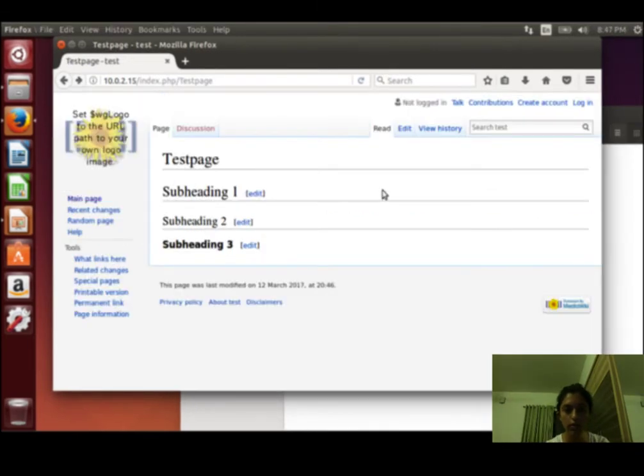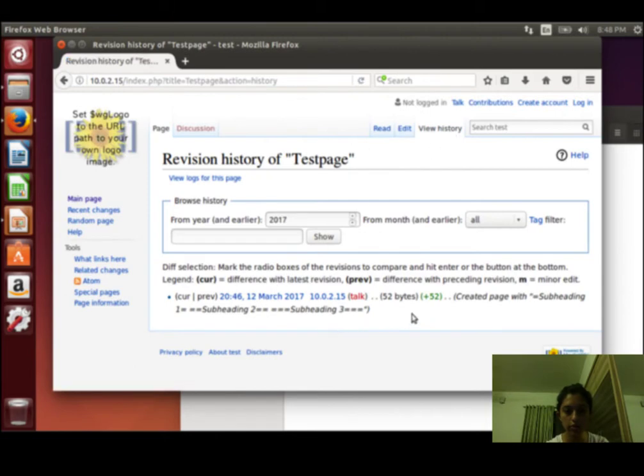So now let's look at another feature of MediaWiki, which is the View History tab. So if you click on this, you would see information about who has edited what part of the page and what has he done. So in my case, since I'm not logged in, it's showing the IP address. But if you have users who are logged in, they would show the username along with what they did. So for example, I created the page with these 3 subheadings. So going back,